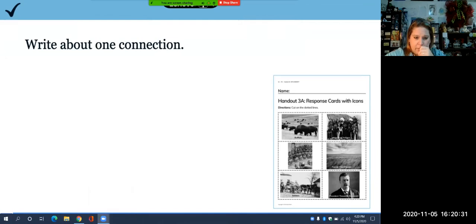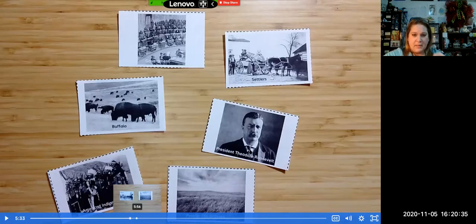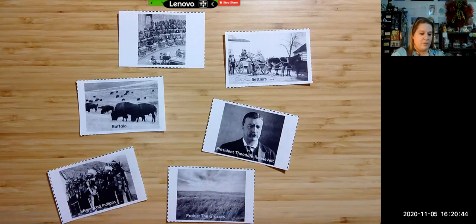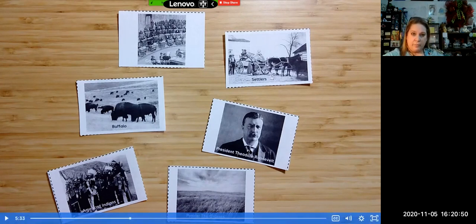Okay, so I'm going to leave it just like this. I want you to pause the video and then do the activity on page 51 and then hit play when you are ready to continue.